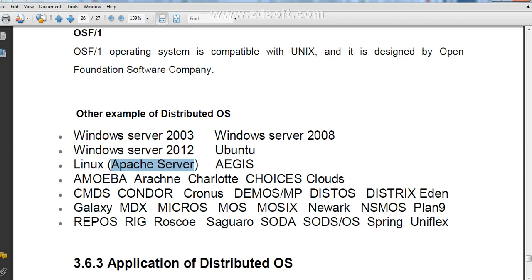Then Amoeba, that is RH Carlot Choice Clouds. This is another example. CMDS Corner, then Galaxy Repose. These are some of the examples of distributed operating system.